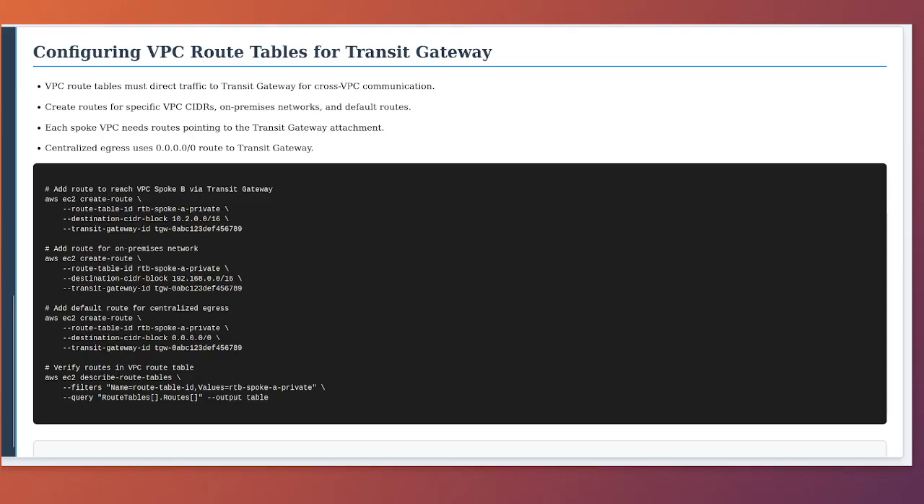After configuring your transit gateway with attachments and route tables, you must also configure the route tables within each VPC to direct traffic toward the transit gateway. This is a critical step that is often overlooked. Without proper VPC route table configuration, instances in your VPCs will not know to send traffic through the transit gateway